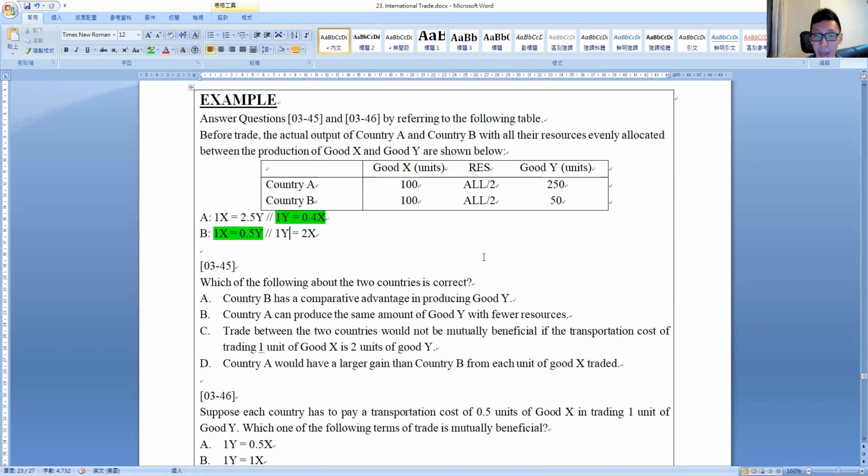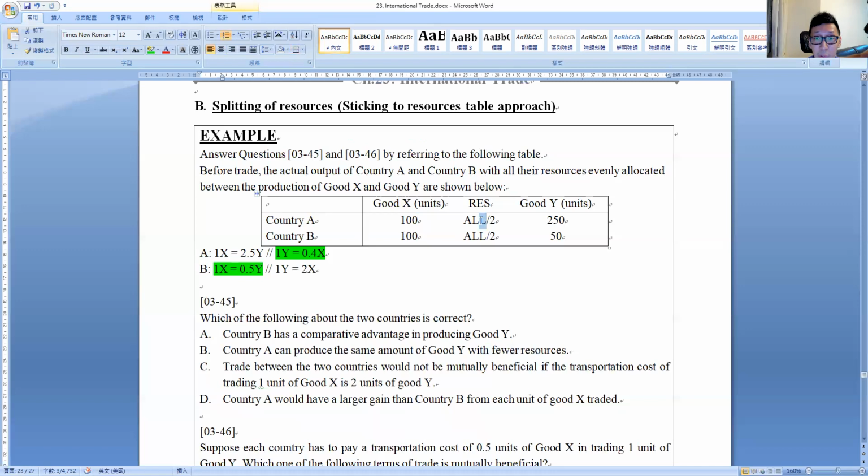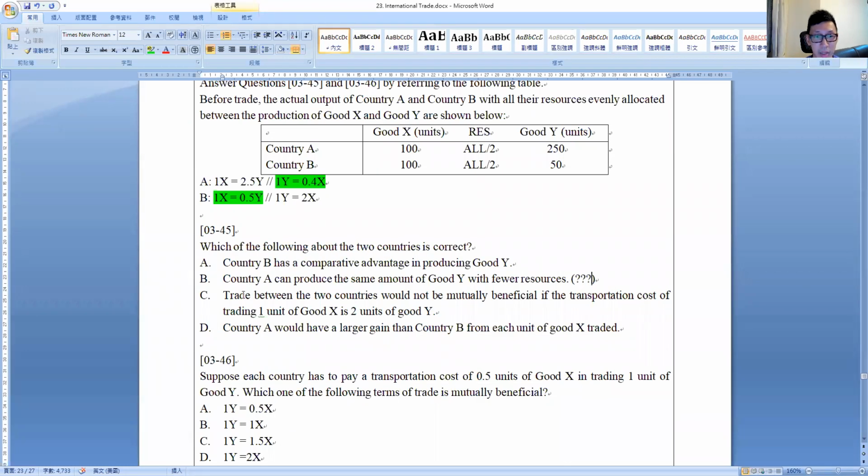嗱 country A can produce the same amount of good Y with fewer resources, right? 好啦，嗱個問題又係啦，with fewer resources, if you still remember some videos ago, I mentioned if the wording is all, then this is immediately a big question mark. Okay, immediately will be a big question mark. Okay, 好唔好啊 Now, what about C and D? Okay, 好啦，望啦，trade 望到 D 先，好嘛？